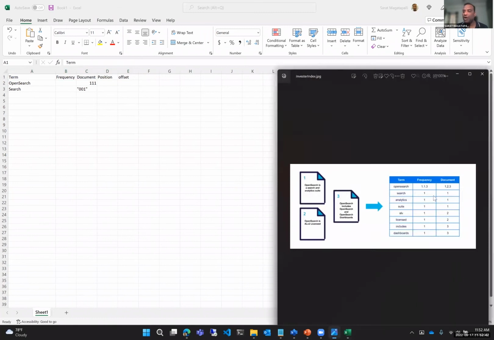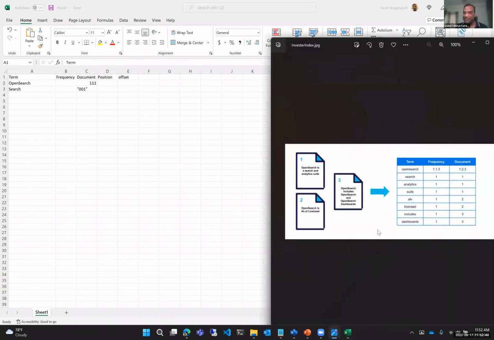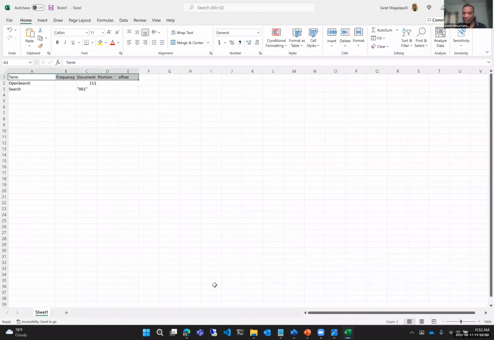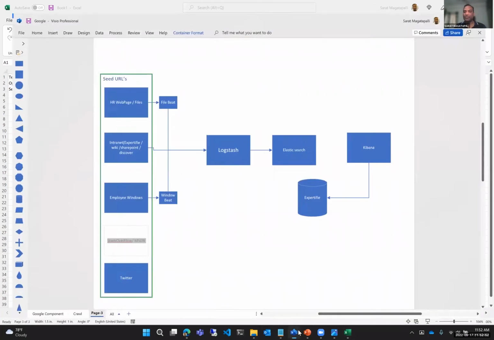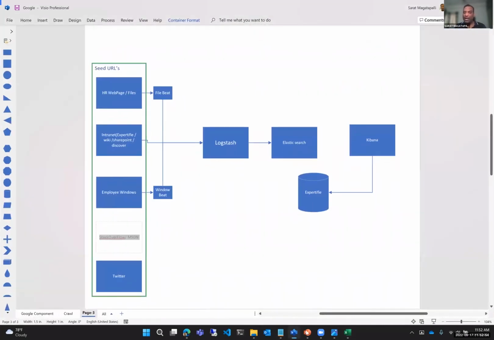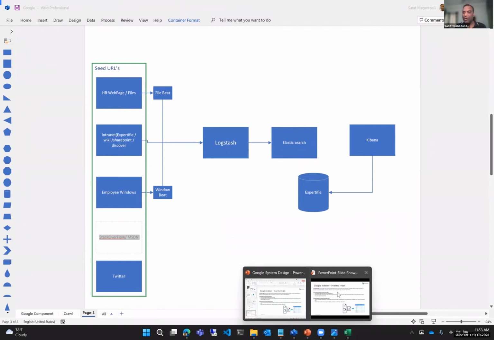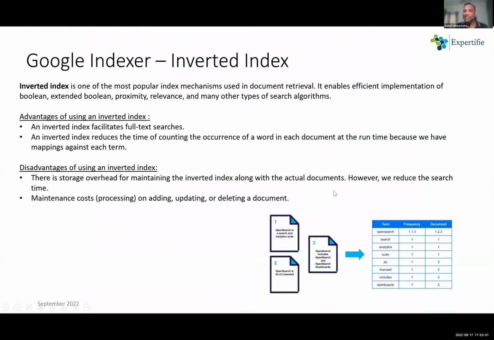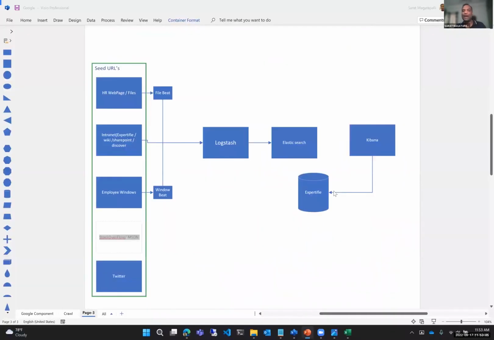The inverted index will logically work like this. This is what is being used by most of the search engines. I hope you got the context around the indexing we use in search engines like Google or Bing or any other